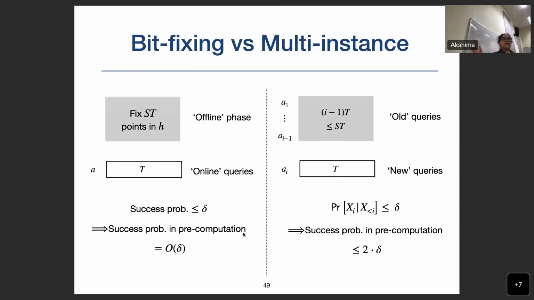If you compare the bit fixing and multi-instance models, you would realize they are very similar. In the bit fixing model, in the offline stage, the adversary gets to fix st points. Then it gets the challenge instance, it gets to make T queries, and it has to win. In the multi-instance model, if you are analyzing the ith instance, the probability of winning on the ith